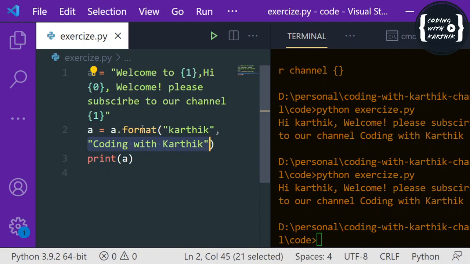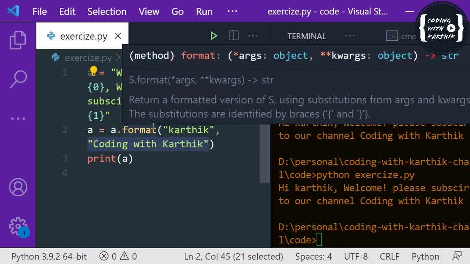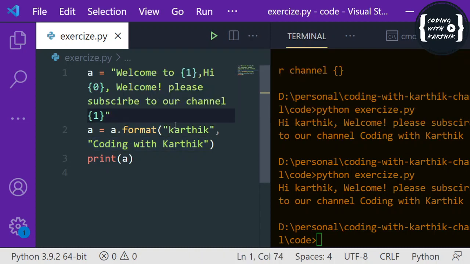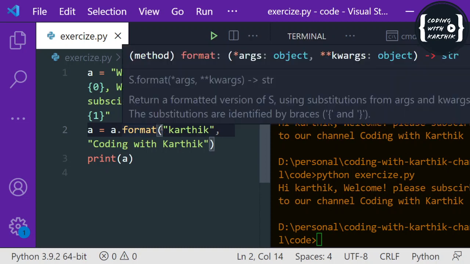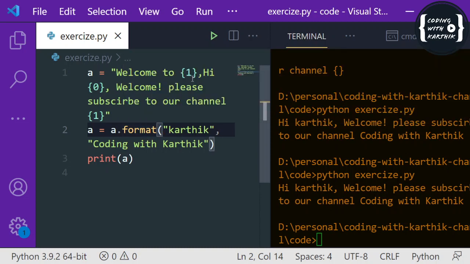So if you use the index inside the placeholders, we can make sure that we can reuse the passing arguments. And also, without changing the parameters, we can change the placeholders to other places irrespective of this order, right? So this is the usage of using an index with the placeholders.